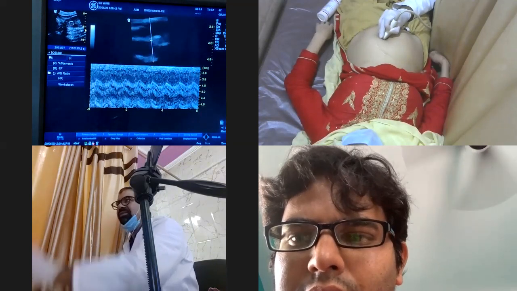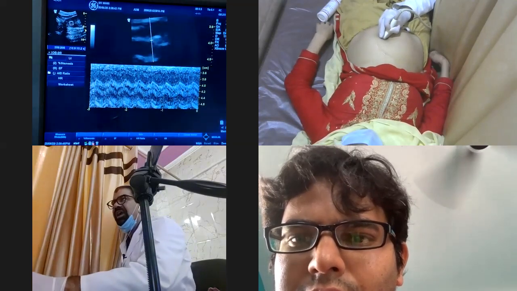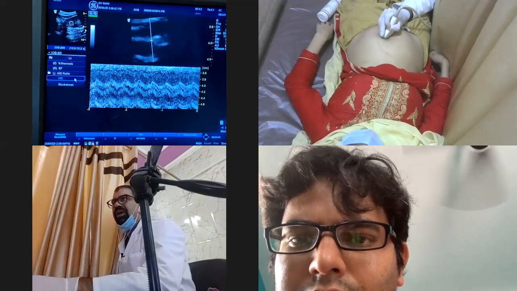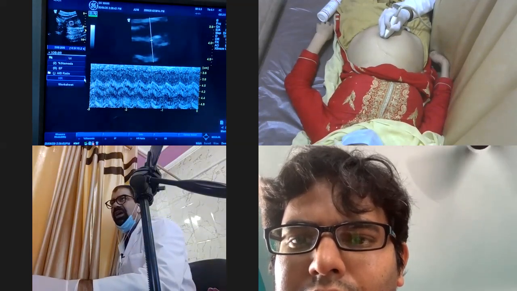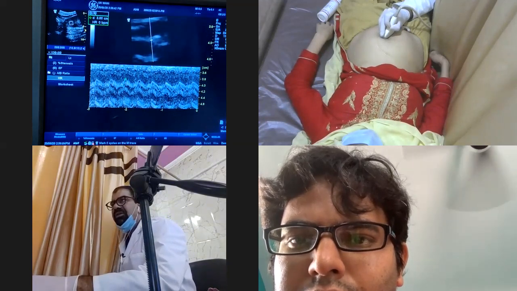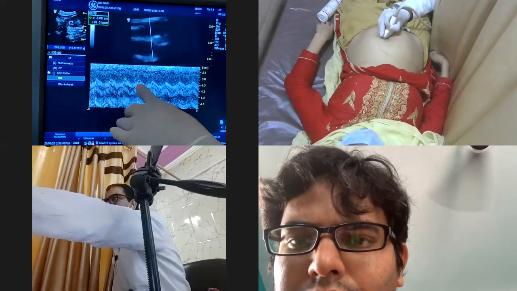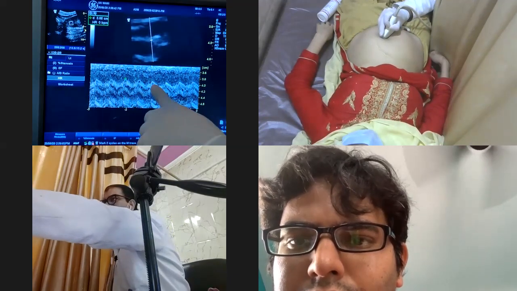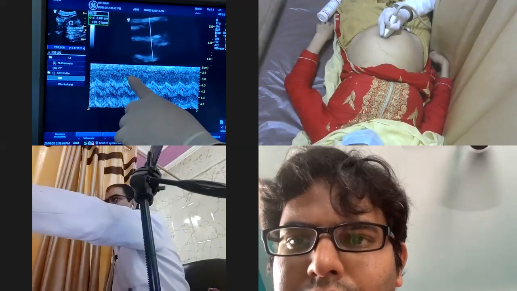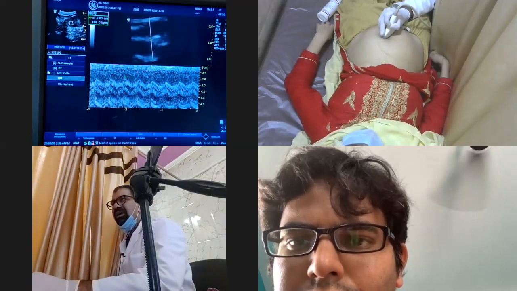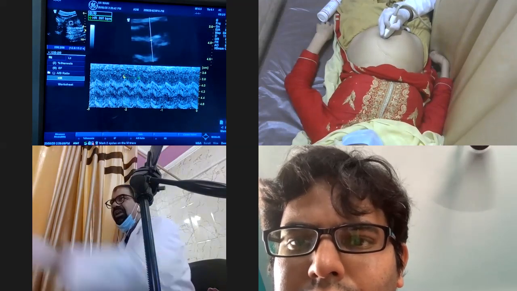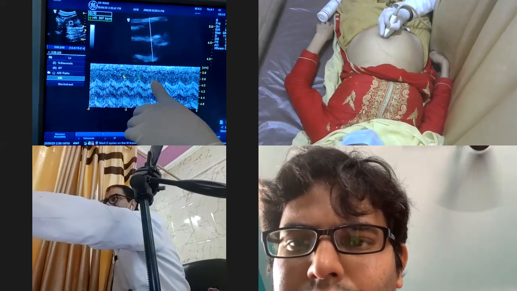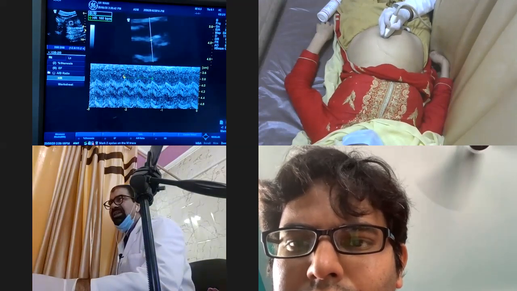Now I am setting. The frame is now frozen. I am going to the HR, it is written over here, heart rate. Going to the heart rate, taking the cursor from the heart rate onto these pulsations. Now I will take this pulsation, I will skip the next one, I will go on the second one. It means on an alternate basis. First, I will set over here. Now see, I will set over here. I will not take the next pulsation, but I will skip the next pulsation and take the second one.